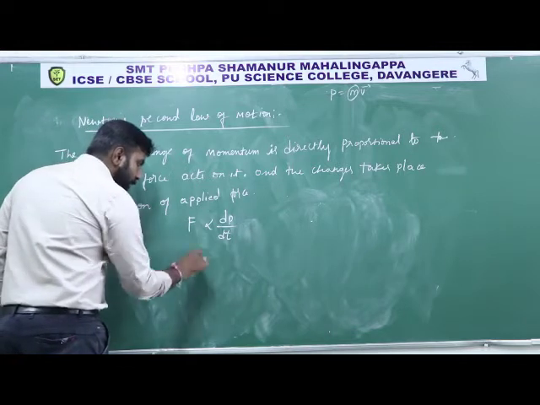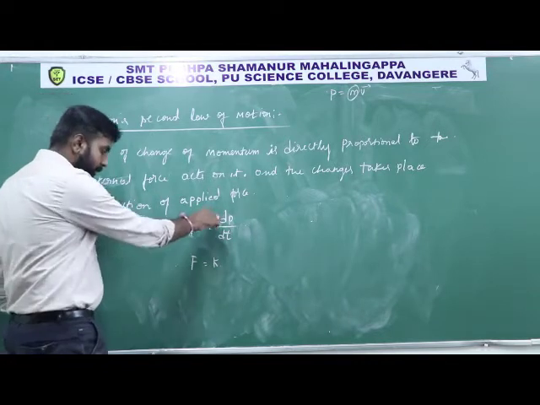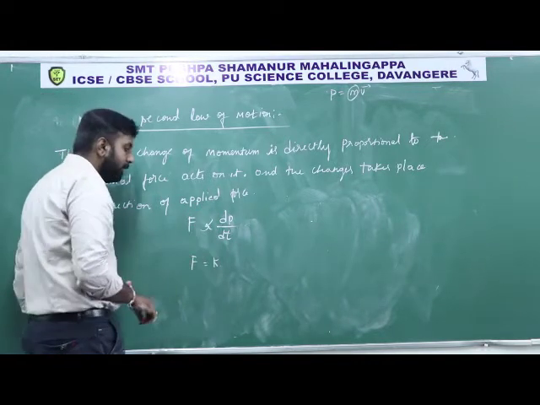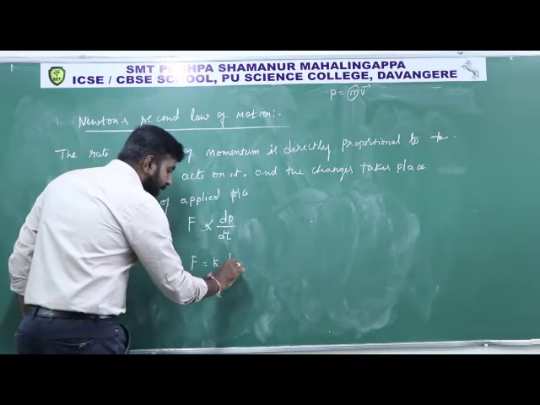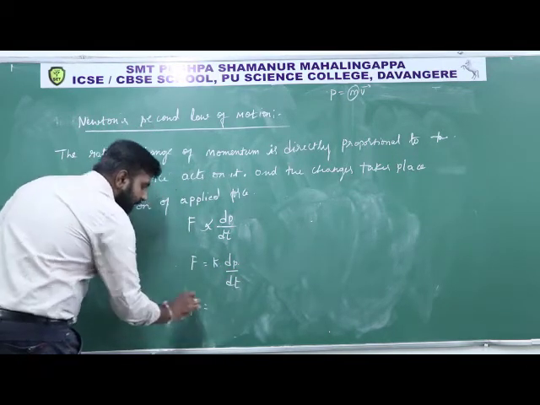You can remove the proportionality sign and write it as F equals k dp by dt,